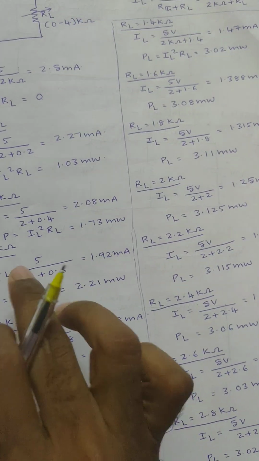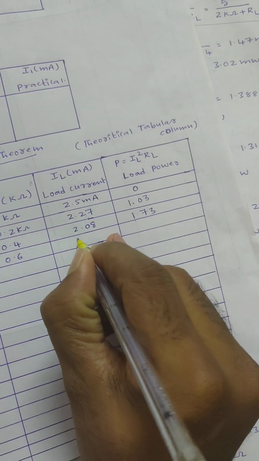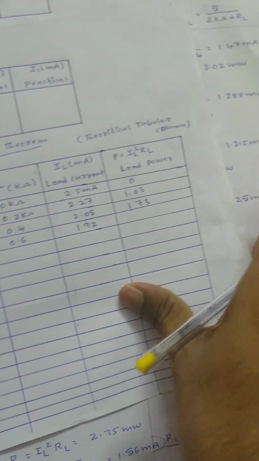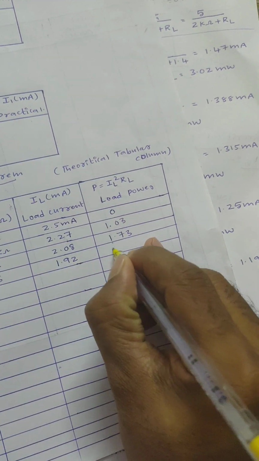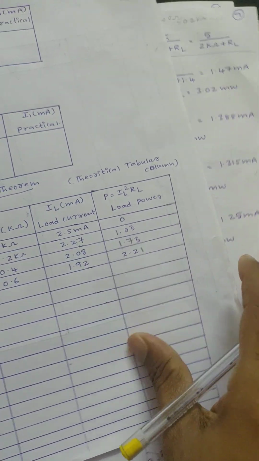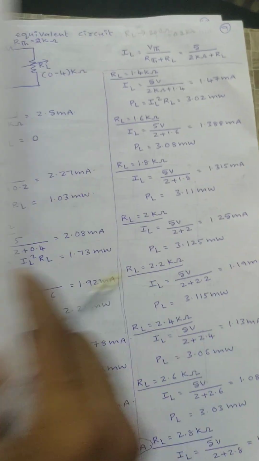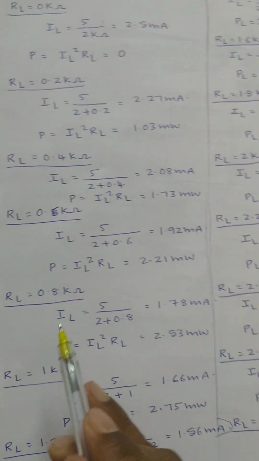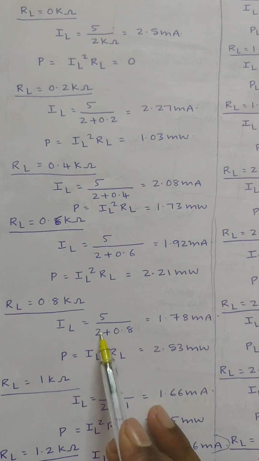IL value is 1.92 and power is 2.21 milliwatts. Your load power units will be in milliwatts. Okay. Next, similarly RL is equal to 0.8 kilo ohm, then IL equals VTH by RTH plus RL,